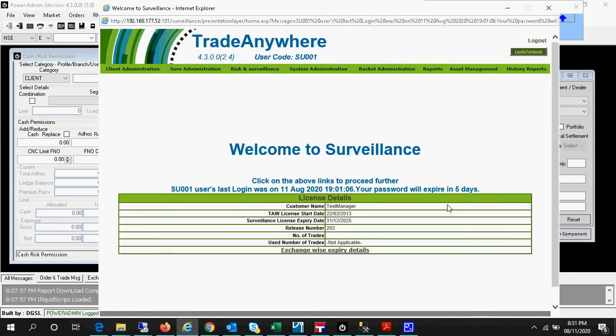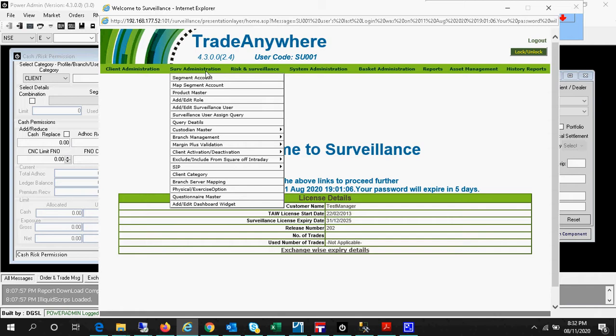For a blank database, we need to create a few components before starting the creation of a profile, and after creating a profile, the user will create a client and then the respective dealers can be created.